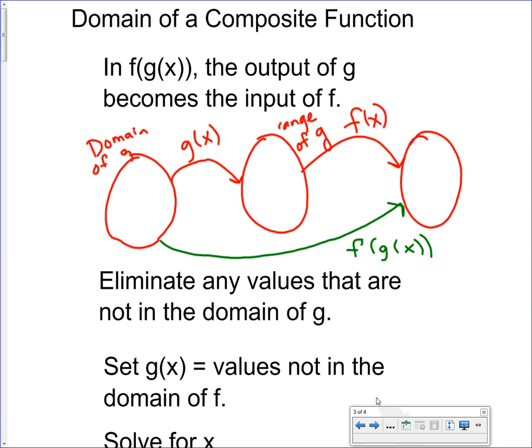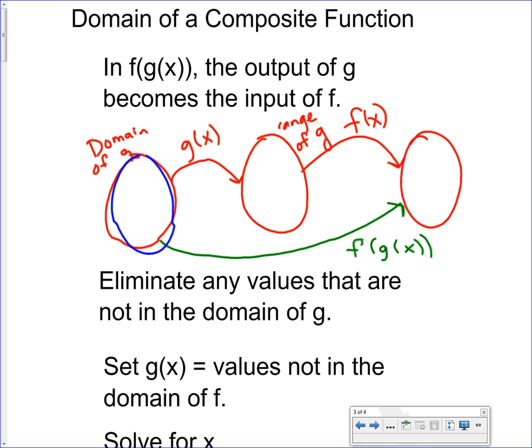Okay, what about the domain? The domain of a composite function. In f of g of x, the output of g becomes the input of f. And so I have a graphic here, and you're going to see this graphic a lot. Every time I ask you about domain, you're going to make this graphic. So we have the domain of g here,